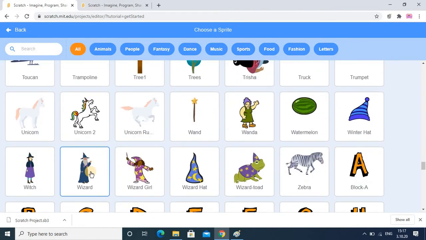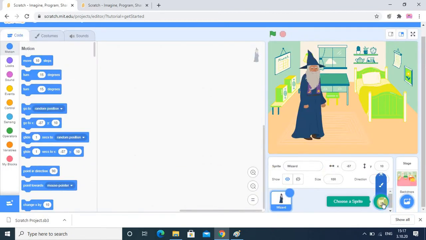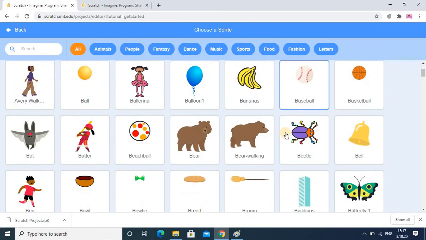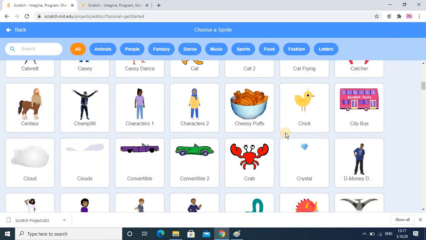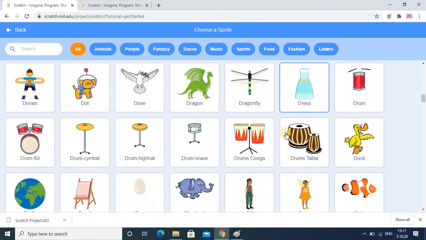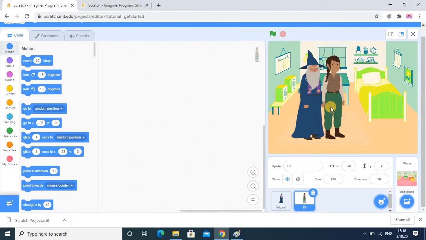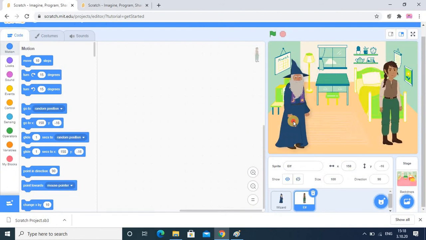So I am selecting this one, wizard, and one more sprite I am going to add. This one. So I have added two sprites back to back.